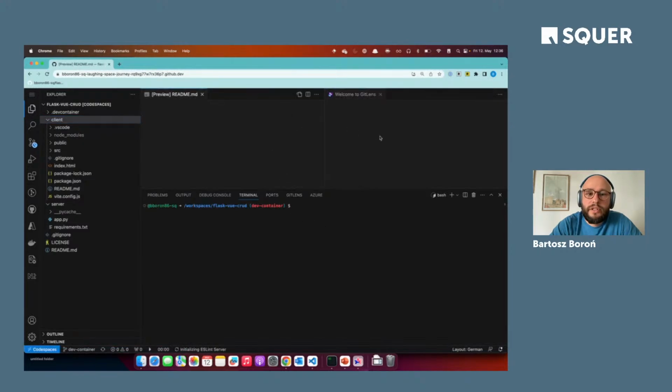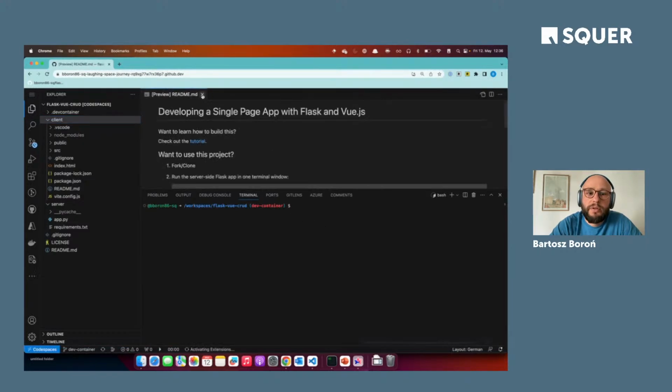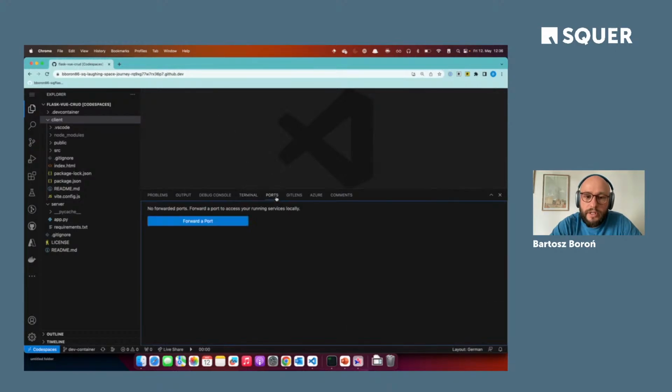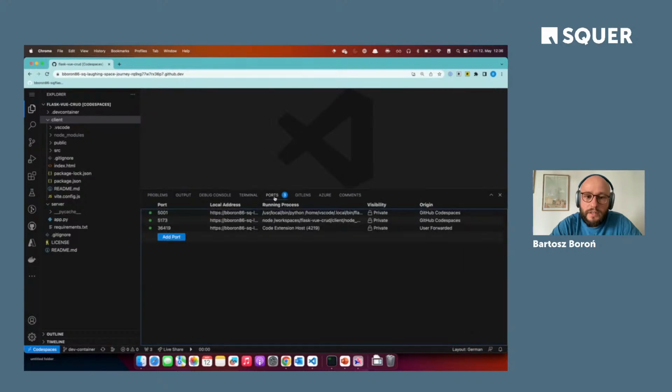I should also see the ports being exposed. Yes, exactly. So you can now see that both ports for the API and the front-end server are also present here, and I can open them in the browser as well.